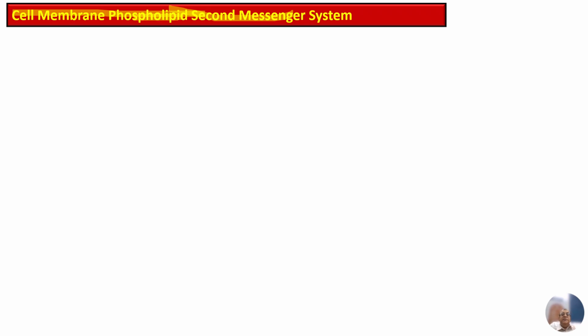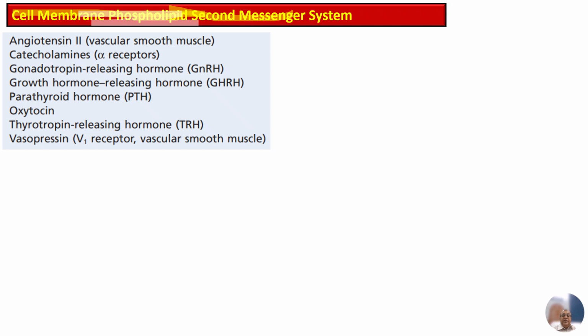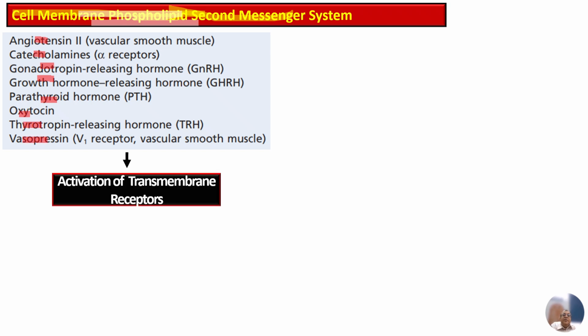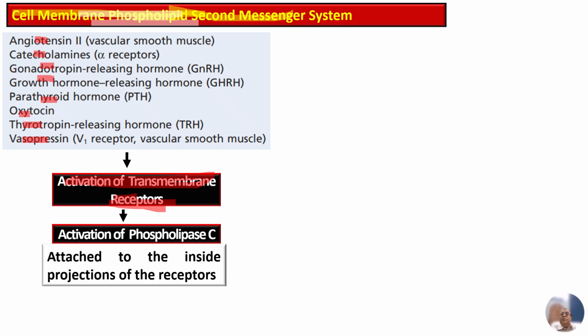Phospholipid second messenger system. So here the angiotensin 2, catecholamines, gonadotropin releasing hormone, growth hormone releasing hormone, parathyroid hormone, oxytocin, thyrotropin releasing hormone, and vasopressin are responsible for activation of a transmembrane receptor, and then the transmembrane receptor is responsible for the activation of the phospholipase C, that is attached to the inside projections of the receptors, and this enzyme catalyzes the